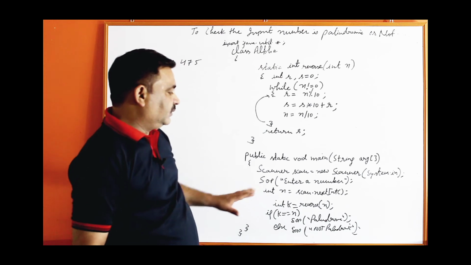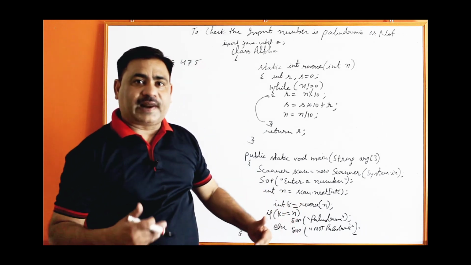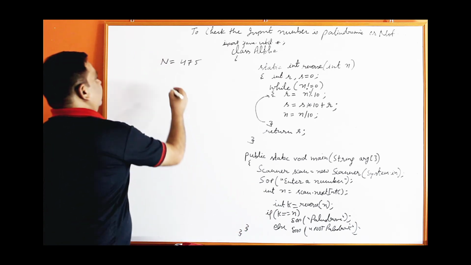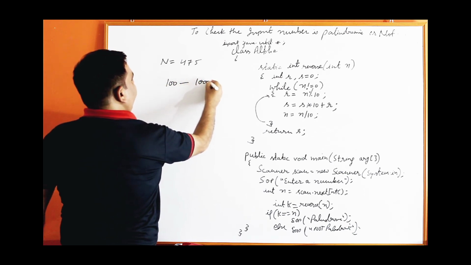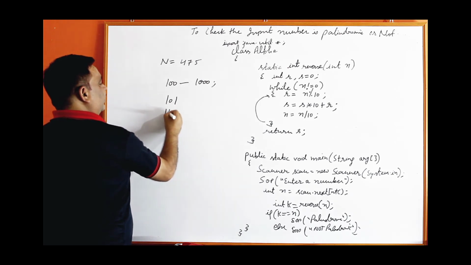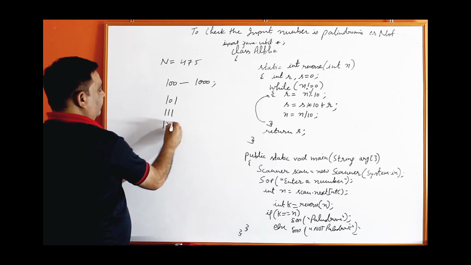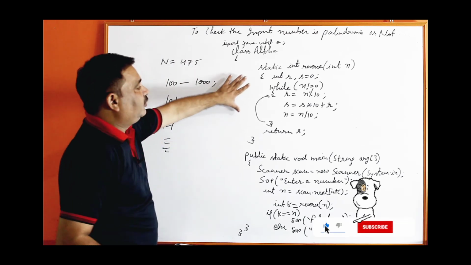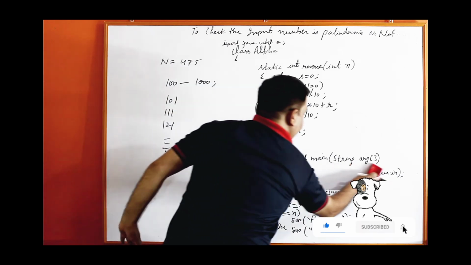Okay, now we will continue with the same program. Next is to bring the list of palindromic numbers. Suppose you have to print the list of palindromic numbers between 100 and 1000. The numbers which are palindromes, like 101, 111. When you reverse, it will be the same. In the same way 121 and so on. I am not going to make any change in this reverse function. What I am going to change is the main function.